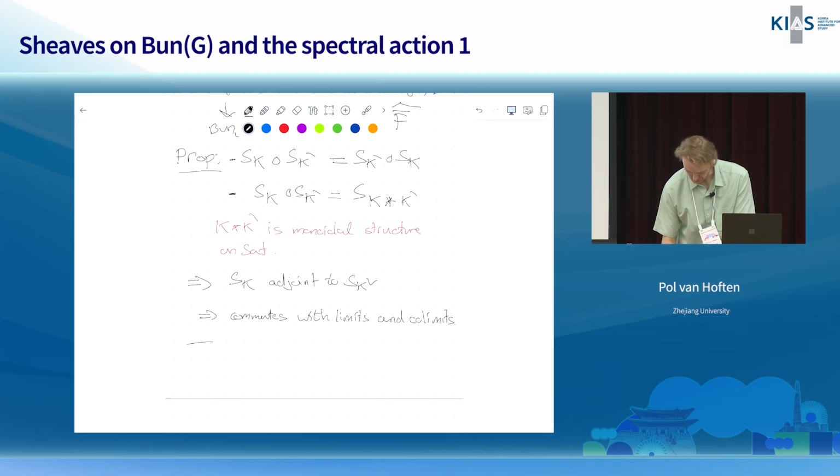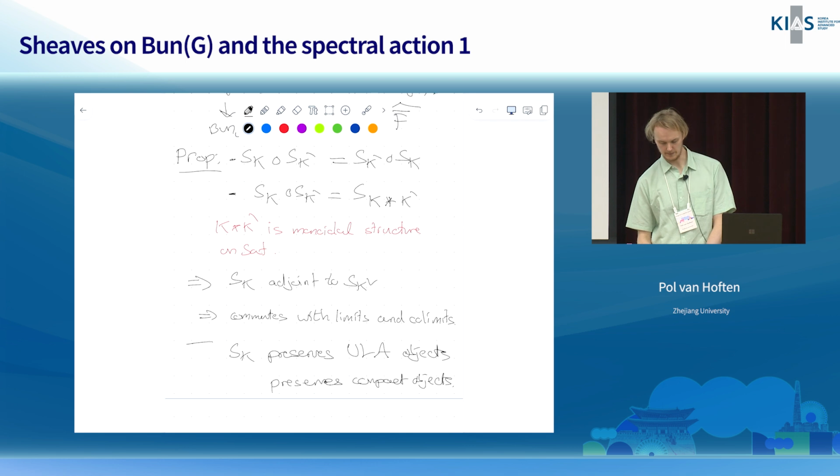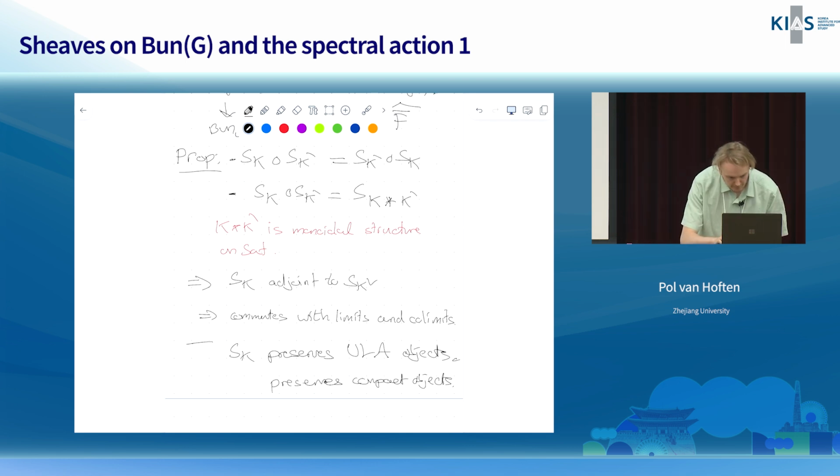So the next thing is that Sk preserves ULA objects, and it also preserves compact objects. I'm not sure these have been discussed yet, but for those of you who know what it is, let me also state this. And then finally,